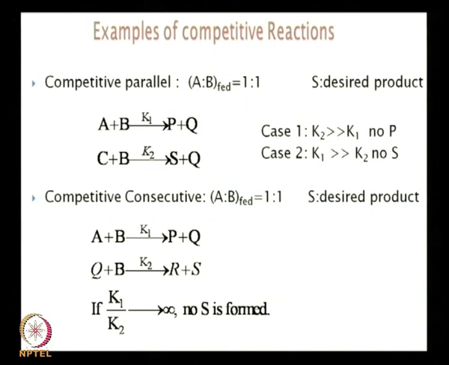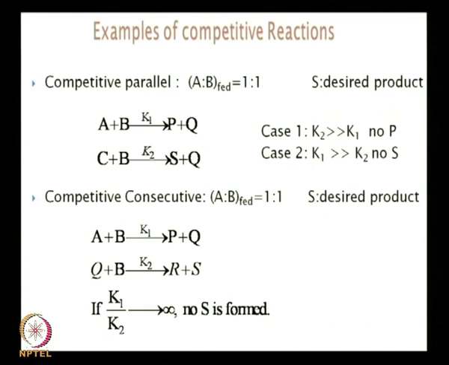reacting with B, whereas in this reaction it is not that. It is a product of the first reaction which reacts with B in the second reaction, which means that this is essentially competitive consecutive, also known as competitive series. So the first reaction is parallel and the second reaction is in series. You cannot pull off a lot of tricks in this case really, but you can still do the